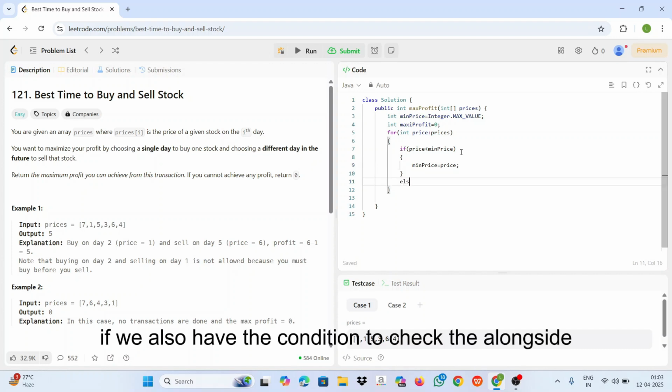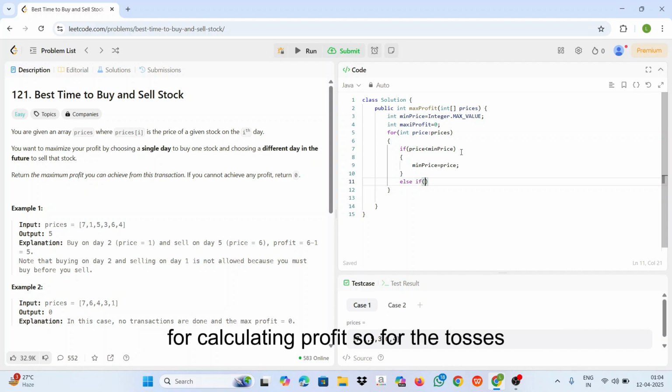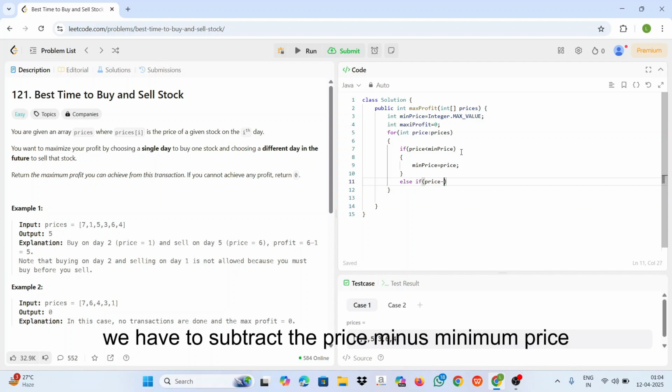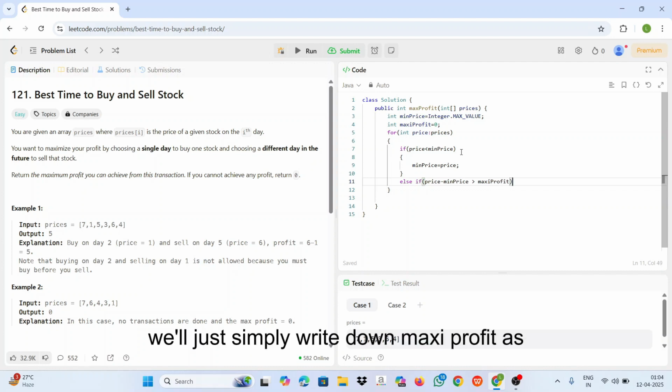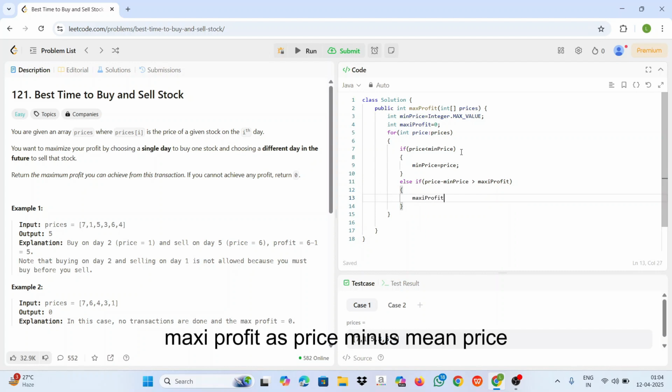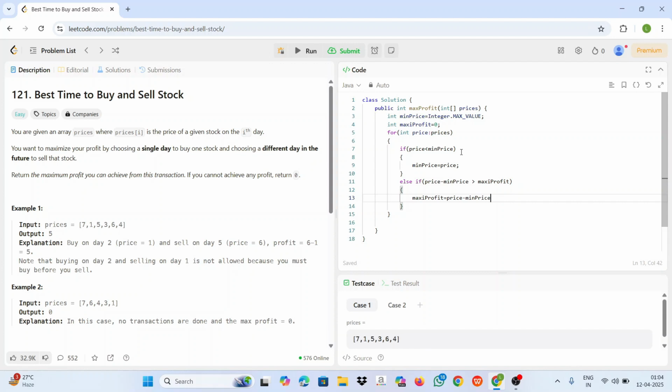Or else, we also have a condition alongside for calculating profit. For that, we subtract price minus minPrice. If this is greater than maxProfit, we'll update maxProfit to price minus minPrice.